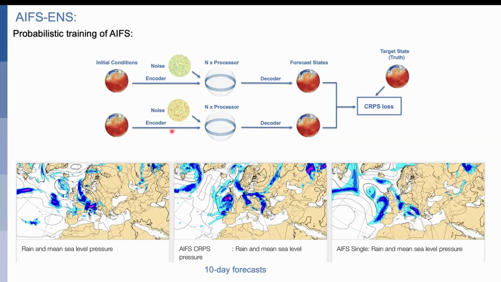And again, another way to look at it is when we look, for example, at precipitation fields here from our EC charts, you can see that the AIFS single here is much smoother than, for example, a member of the AIFS ensemble, which has much more small-scale energy, which is closer to what the physics-based system also shows.